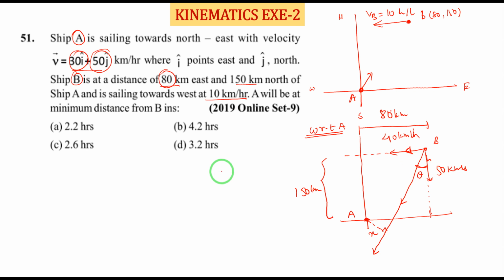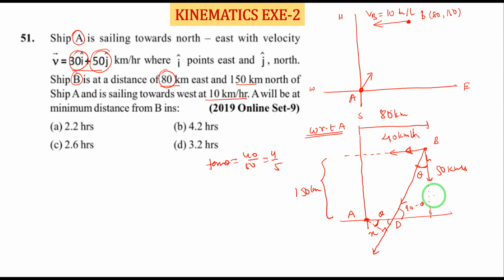How much is this theta? So this theta is 40 upon 50, 4 upon 5. Now this angle will be 90 minus theta, this angle will be 90 minus theta, and this angle will be theta now. Now if I call this position as D, so we have to find D,